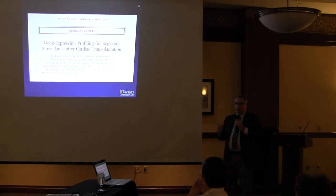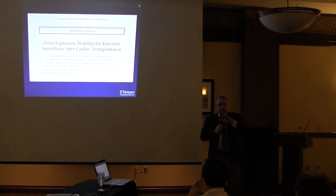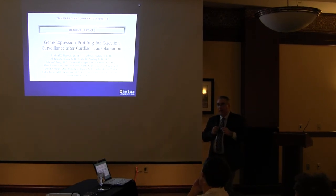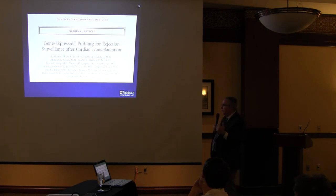So sort of the more senior group in the audience used to get a lot more heart biopsies than we do now, mainly because we have this blood test available. I was just asked at dinner if you need a heart biopsy 10 years out. Not really. So we do most of our biopsies now in the first 6 or 8 months,